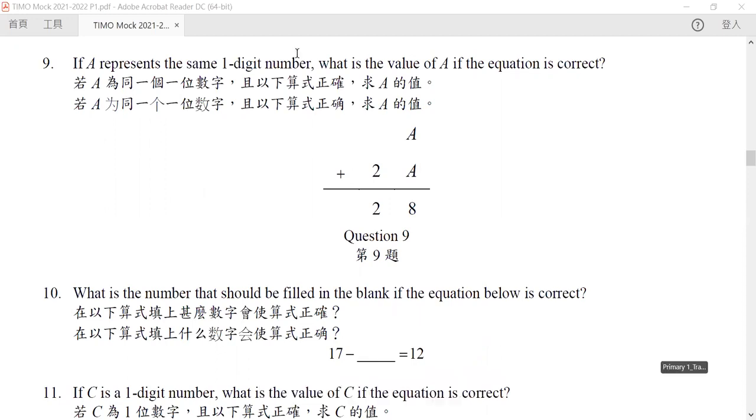Okay, so in here you can see that during our sum, the tens digit doesn't change. It doesn't change, which means that there are